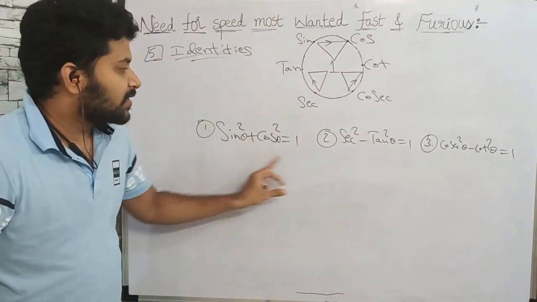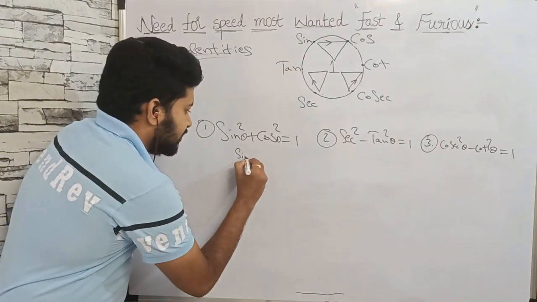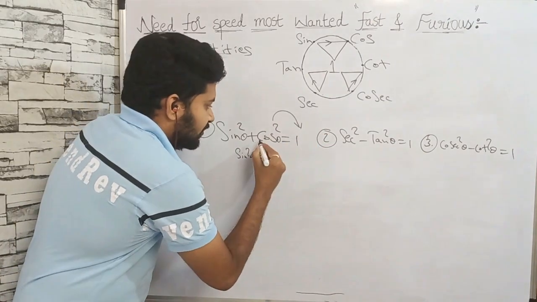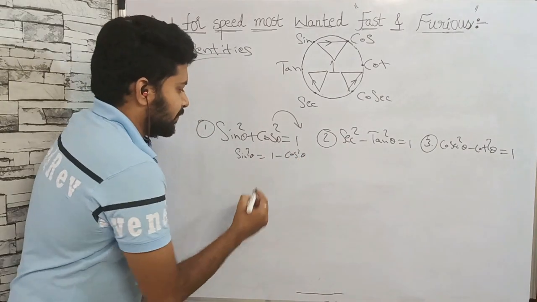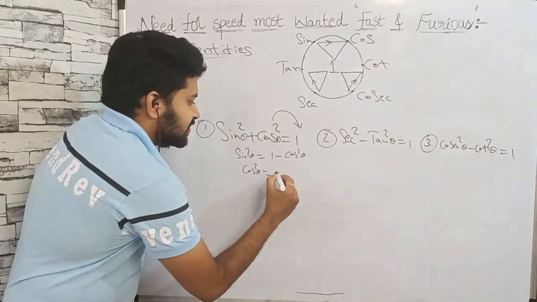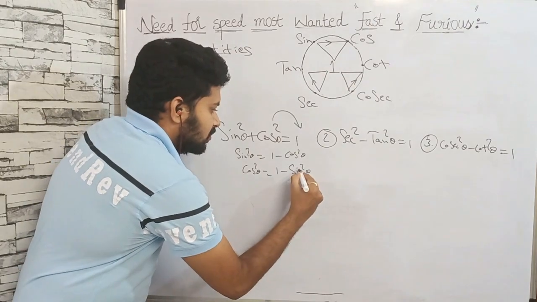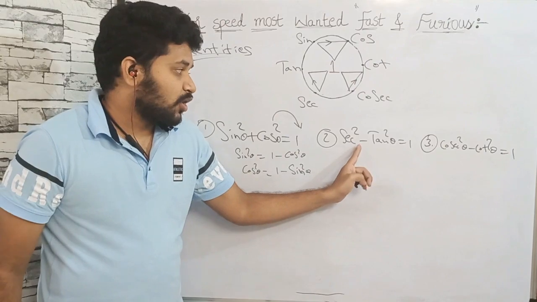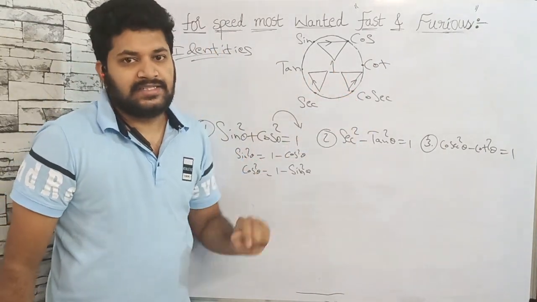If you remember these three, with the help of algebra we can derive the remaining ones. If I want only sine square theta, I shift this cos square theta to the right side and it becomes minus: 1 minus cos square theta. And if I want cos square, I shift this sine square to the right side: 1 minus sine square theta. So from this we have three formulas, and I told you to remember the minus only for these two, because they go from down to up, and 1 will be in the center.